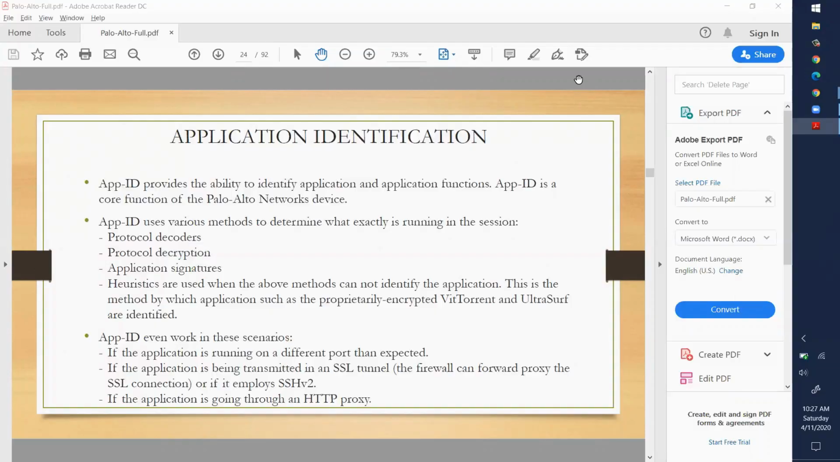So today we'll be talking about application identification, that is App-ID. App-ID is a Palo Alto proprietary name. So Palo Alto uses App-ID to